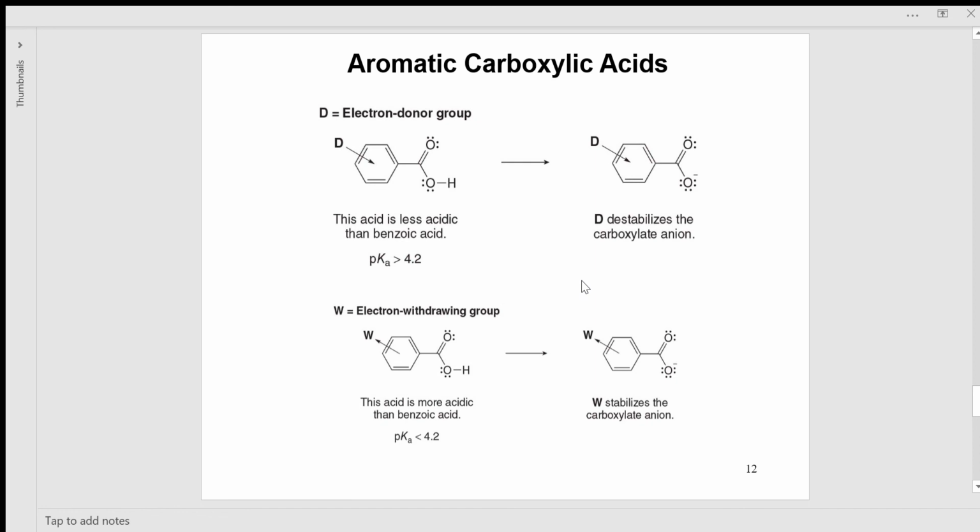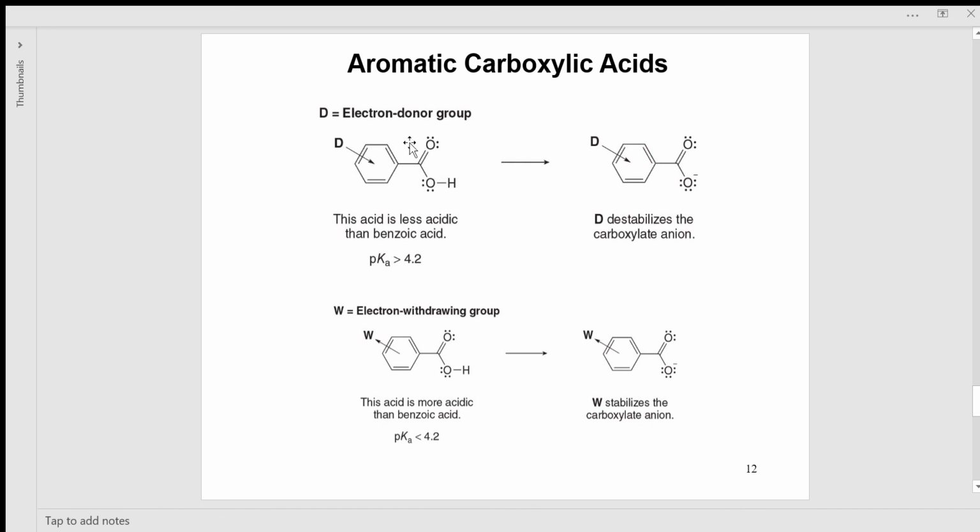This is without any substituent. This is the carboxylic acid. So the pKa value of benzoic acid without any substituent is 4.2. If we have a donating group,